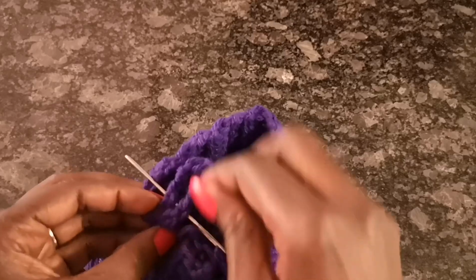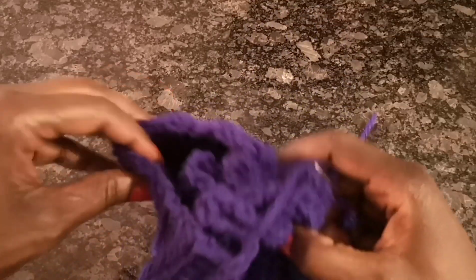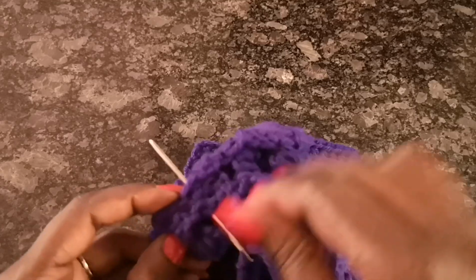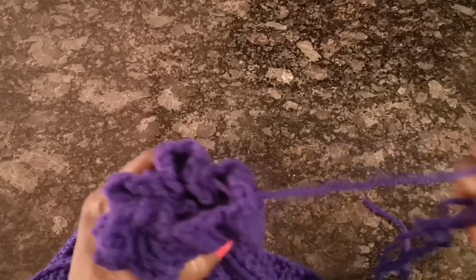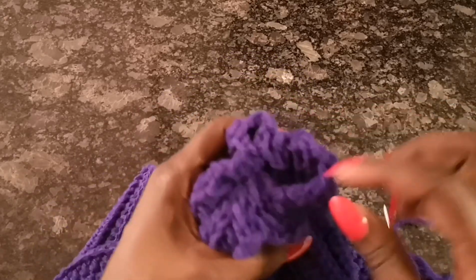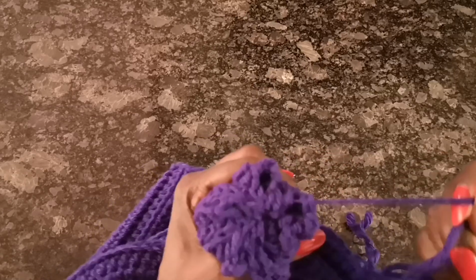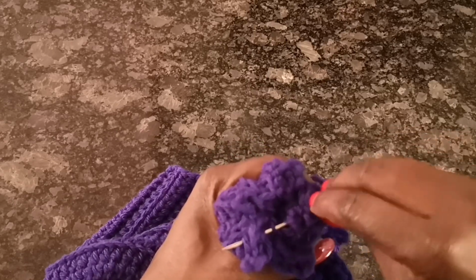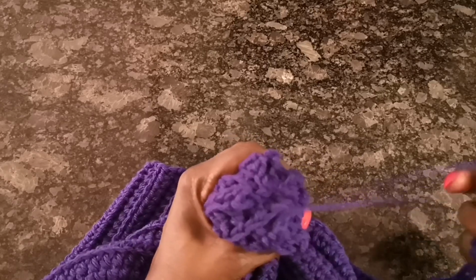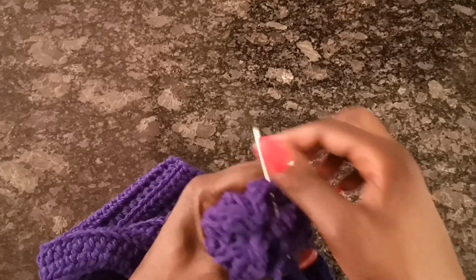And the first round that I use like this is a little bit still rough, so you're just kind of doing a rough connection here, but you'll do a little bit more in just a minute. Okay, something like that. And then if you really pull it through, okay, so as you can see, if you really pull it through, you're connecting these areas like this. But the more detail comes when you have it like this, and you pull it, and now you just kind of go across this whole thing and just kind of connect it to the other side like this, and you pull, you go from here to there,